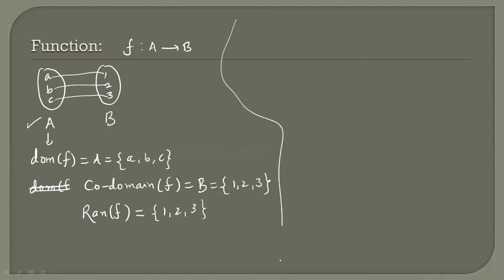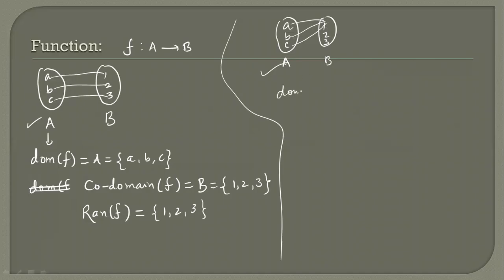Now, what about the second case? a, b, c and 1, 2, 3. a is going to be 1, b is going to be 1, c is going to be 1. Is it a function or not? Each element of set A is getting only one value. It means all the values of set A can go to only one value also. It is not given in the definition that these values go to distinct values. It can go to only one value of set B also.